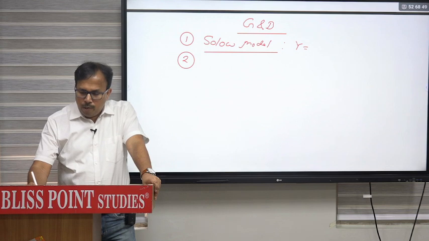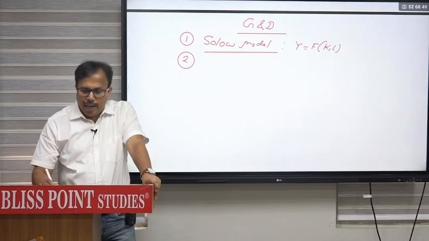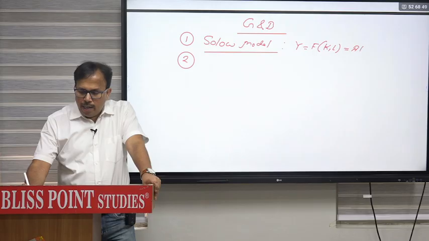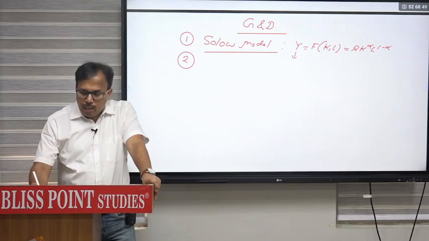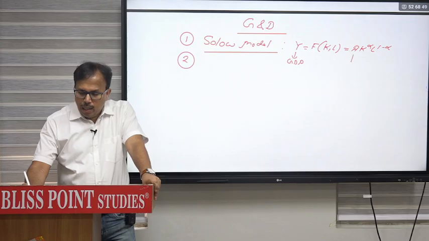So GDP of economy is a function of stock of capital and labor. If you write it in terms of the function, if I write it as A capital to the power alpha, labor to the power 1 minus alpha, it means Y, that is GDP, depends upon A, which represents technology,